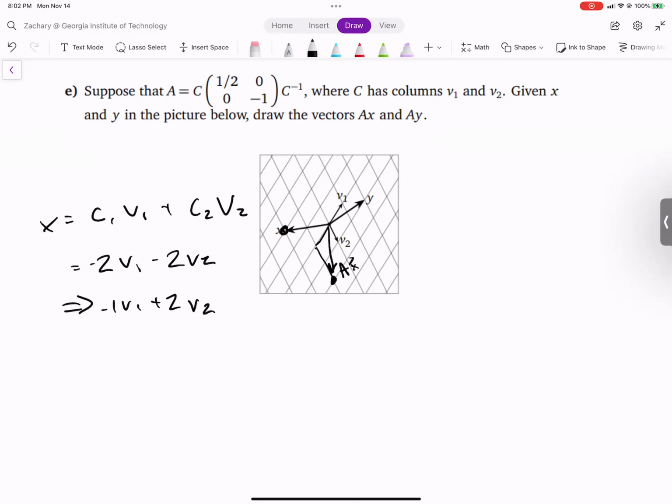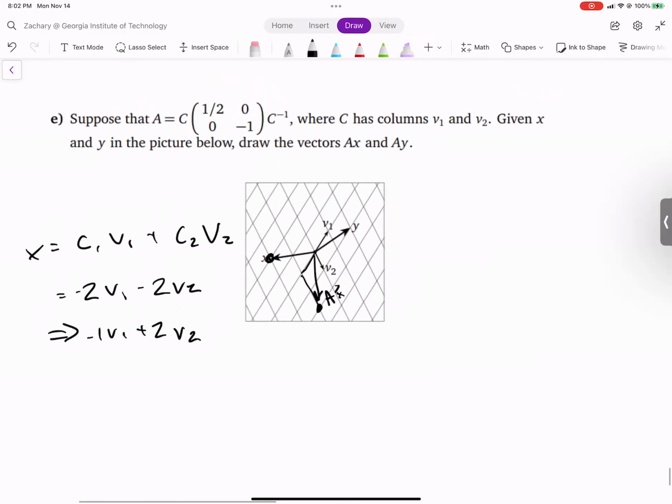Where do you get your -2s? I'm a little bit confused by that. Yeah, so on this one, where you get those -2s, this is already gridded out for you, and here's 1 times V2. So here's -1 V2, -2 V2. And then V1 goes this way. So we have -1, -2 V2, and they line up such that that is where we have X. All right, good. Thank you. Yep.